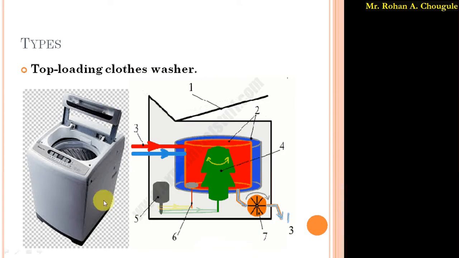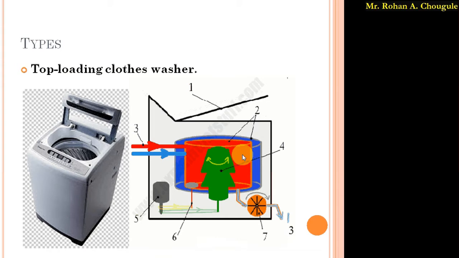But in case of this top loader, this blue color outer drum and this red color inner drum having the holes are mounted about the vertical axis.